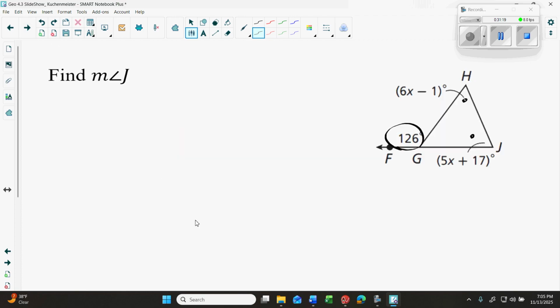So that's what I'm going to do. This angle on the outside is angle HTF. All right, so I'm going to say by the exterior angle theorem,